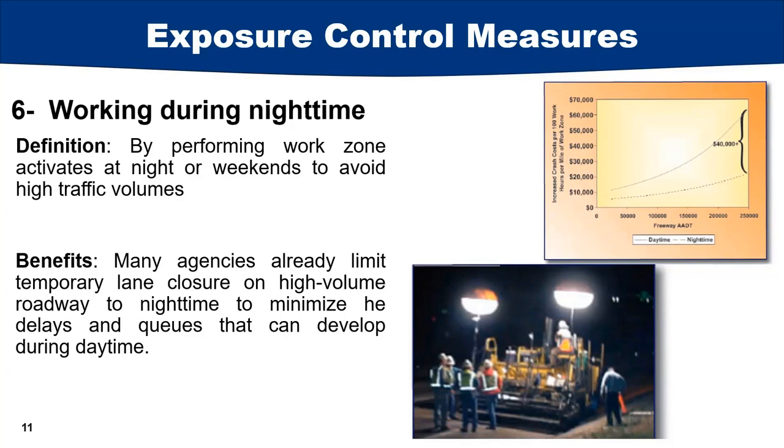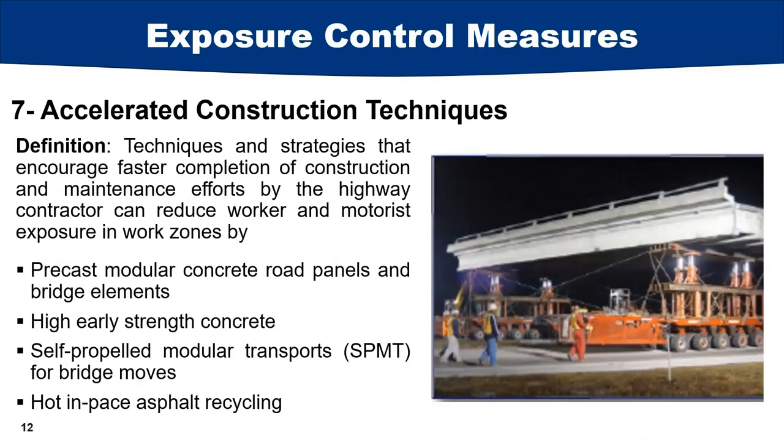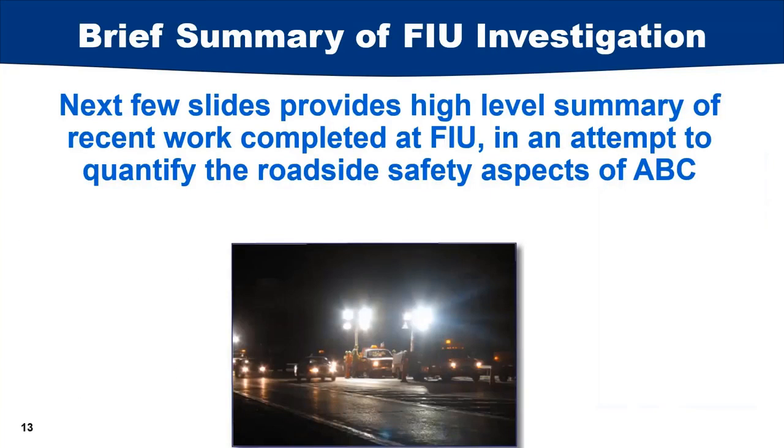And one of those 7 alternatives that is proposed by the consortium of the roadside safety groups and the FHWA is the ABC. So over the next slide, what I will do is provide you an overview of the work that has been completed at FIU. Again, this is very preliminary work, but I think it's a first step and a right step in the right direction, which can finally lead to being able to quantify the relationship between safety and the ABC. And when I say quantify, it means to assign a dollar value,